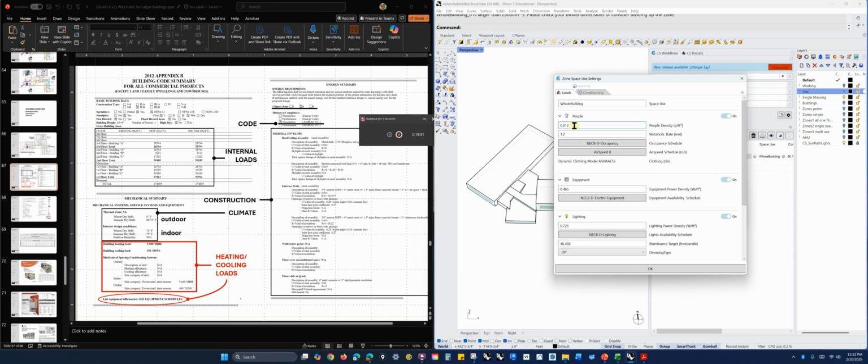We'd want to estimate, based on our desk layout, how many people we think we have in this office, or based on a specific aspect of our school design, where we would use our intelligence to plan a number of people. Or we can use a template. And so what's going on here in this template, and the reason I chose a whole building initially, is